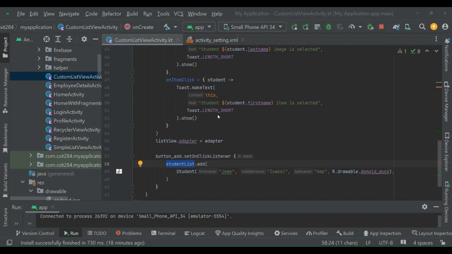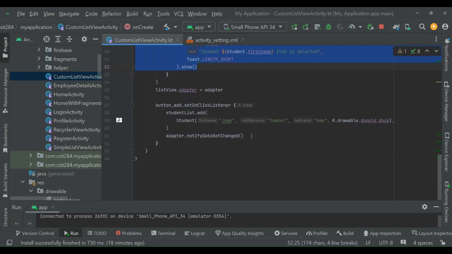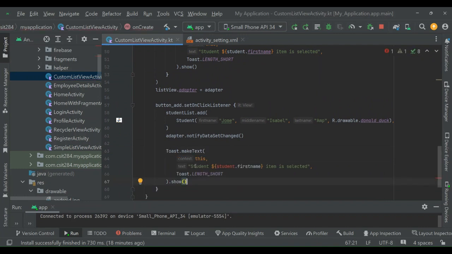What we should do next is notify our adapter that there is a change in our list. To do that, we call the adapter and use notify data set changed. If you want, we can do another toast here saying student has been added.